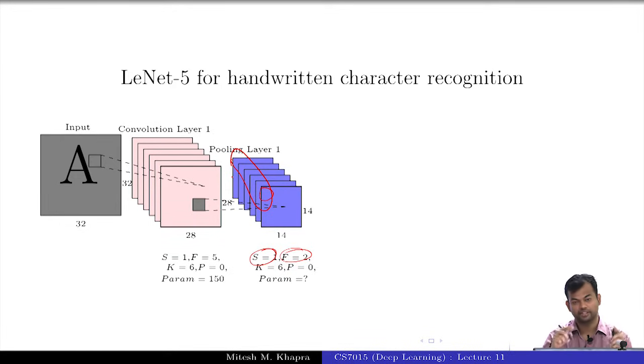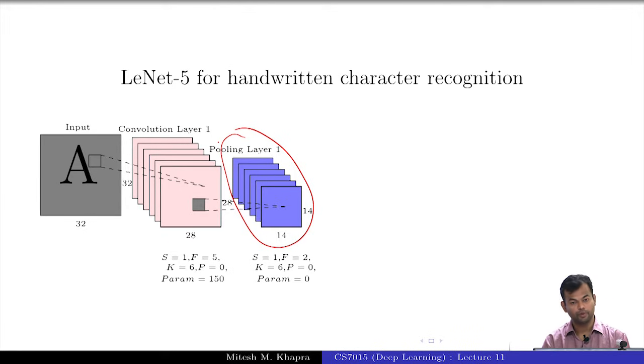And since it's a 2 cross 2 filter, it will result in a size reduction, and from 28 cross 28, I'll get to 14 cross 14. How many parameters does the max pooling layer have? Wow, good. There are no parameters in the max pooling layer because you're not having any weight matrices. You're just taking the input and applying a simple max operation on that. There is no W transpose X or any kind of a transformation happening there. Okay. Now this becomes your input. What's the size of this volume?